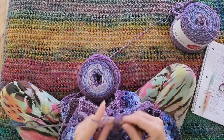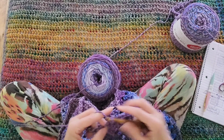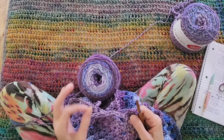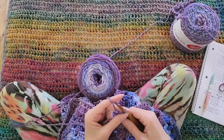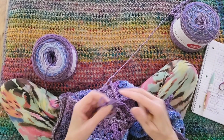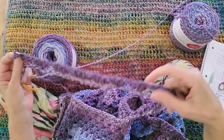And I'm hoping that the math will work out so that when I get to the end of this row of 45, the very last stitch I'll be able to do a cluster. We'll find that out as we go along, but I'm going to work my way down now, and I'll be back. And hello again. So now I'm to the end, and I think I might have messed up a little bit